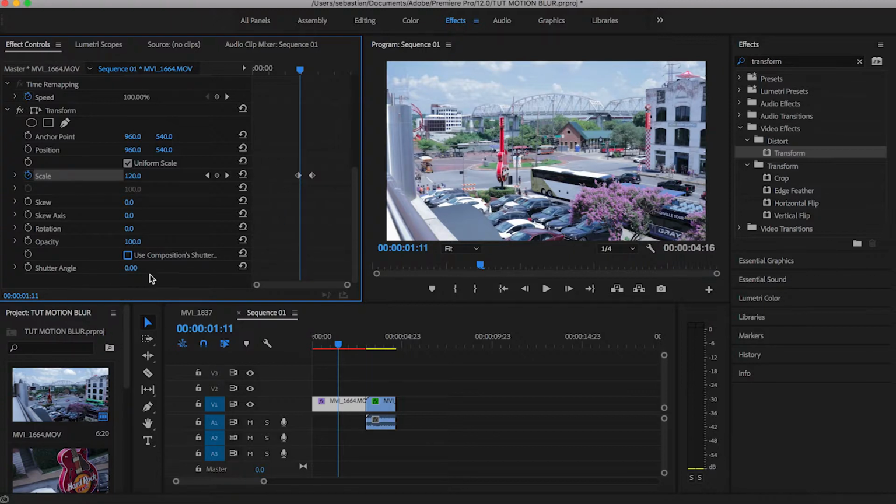And then underneath, you have shutter angle. This I usually always max out. You can make it your own preference. I max it out just to get that max blur effect, but this all really depends on how much emphasis you want, how noticeable the blur. If you want it to be a slight blur, just to show that there's camera movement, and make it a little more realistic,